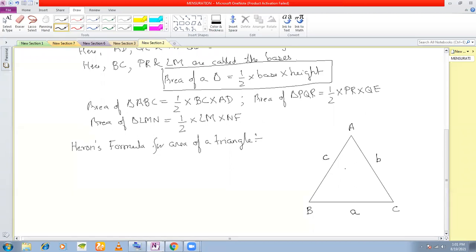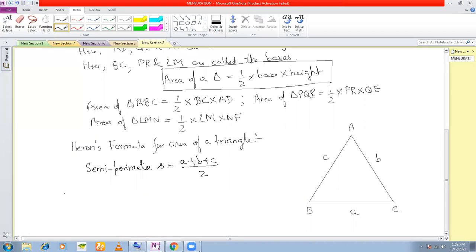length of the sides of the triangle. Remember this, okay? So when you have AB, the length of the side will be C. When you have AC, the length of the side will be B. And when you have BC, the length of the side will be A. So here, first, before finding out the area, we first find out the semi-perimeter. Semi-perimeter is denoted by small s, is equal to A plus B plus C divided by 2. This is what we call the semi-perimeter of triangle ABC.